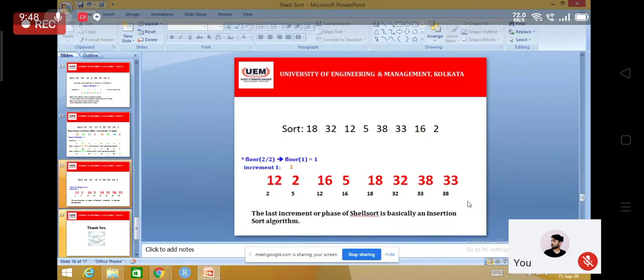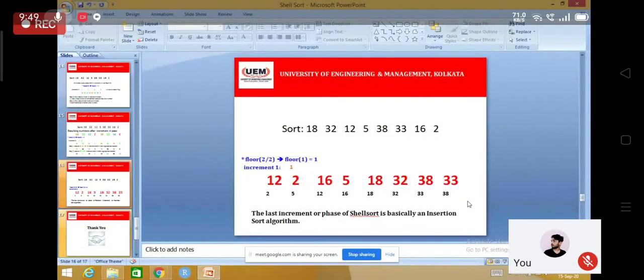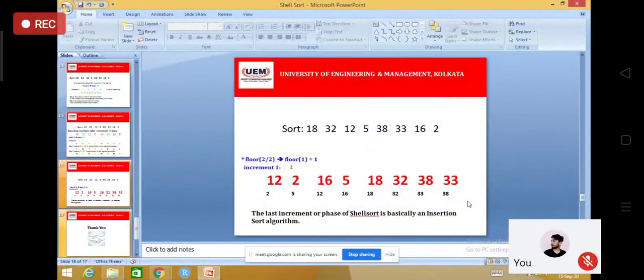So at this phase, what will be the arrangement? That is the same as your insertion sort. Because at each phase, you are inserting the element in its appropriate position. It's not like the shifting. The shifting you may ignore, but the basic concept is that in insertion sort also, you are putting the elements in the right place. Means as for that iteration, whatever is supposed to be the right place, you are supposed to place the element there only.